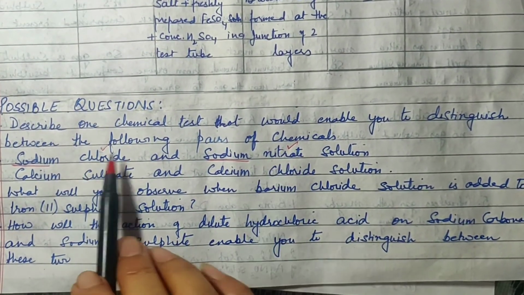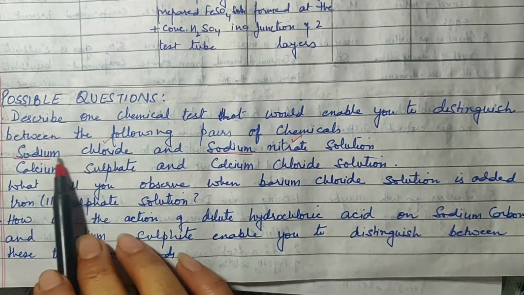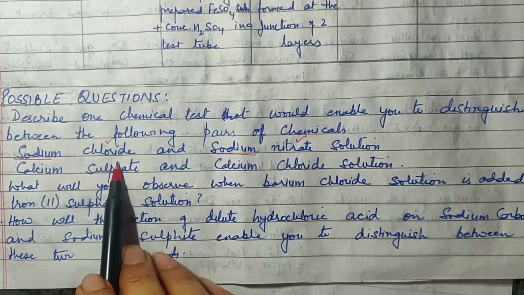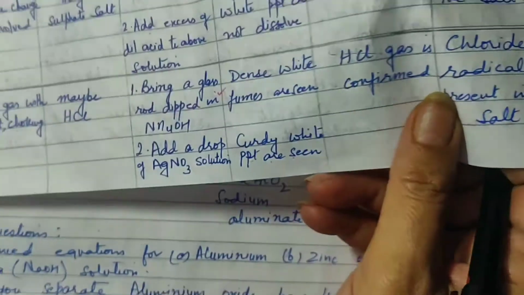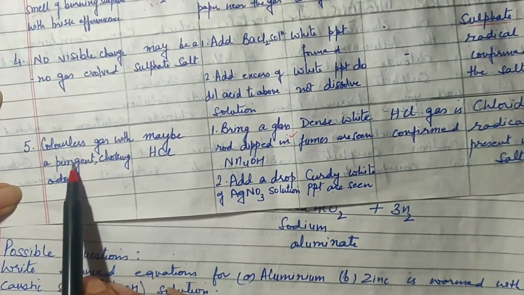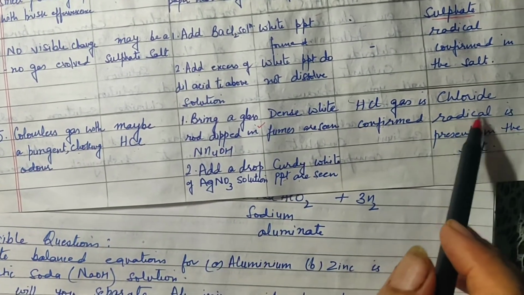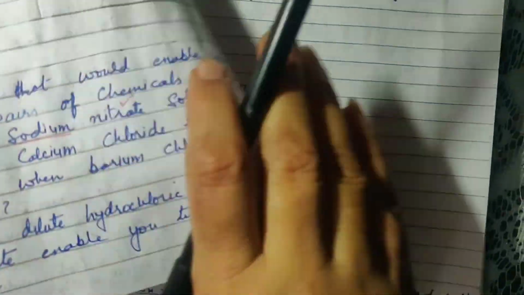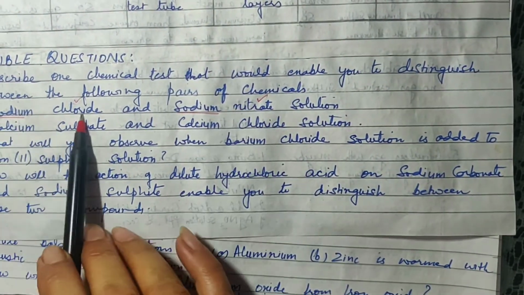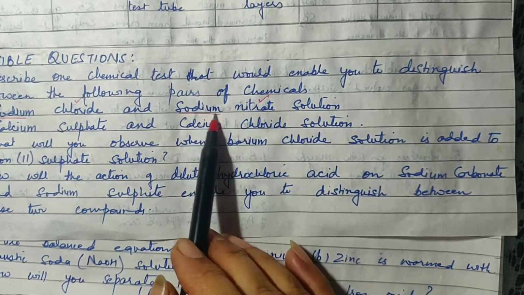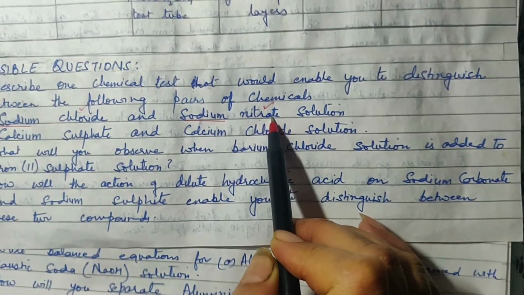So because you are identifying the anions, what you have to do is add dilute acid to the salt. When you add this, you know that a colorless gas will be produced which has a choking odor. You've just written: a colorless gas will be produced which has a pungent choking odor. So the gas may be HCl. You will write about these tests and then confirm the presence of chloride radical. And for the nitrate, you may either write that this gas is absent over here, or straight away write that we will perform a brown ring test and this will confirm the presence of nitrate.